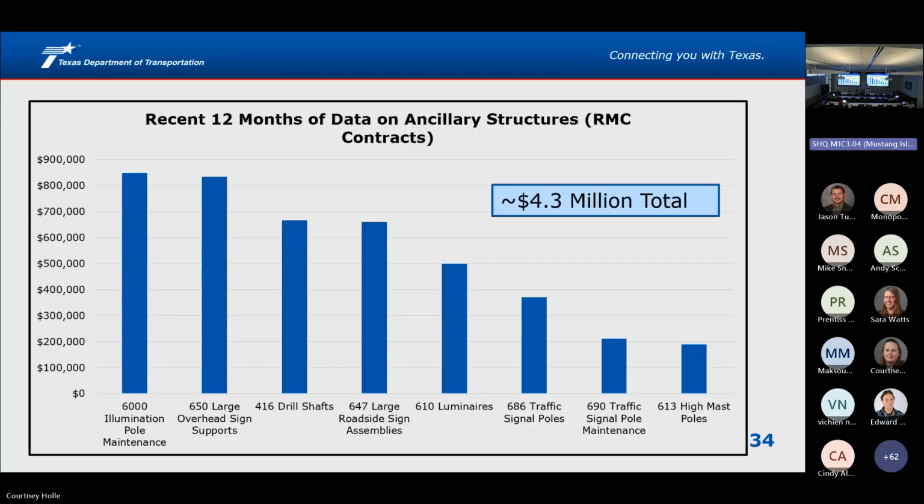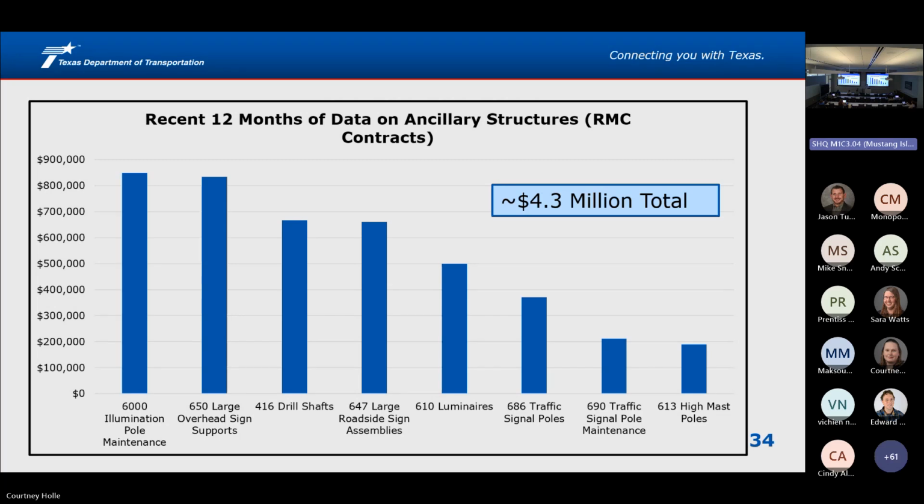This may not be tremendously exciting, but what I try to do is go back over the last 12 months of rolling data, looking at bid item usage in our internal system Site Manager. And so I really focused in on items I think that are related to this group in TASIG for structural elements. You can see here in the last 12 months, and this is, to be clear, specifically related to routine maintenance contracts. This is not construction projects. If this were construction project data, these numbers would be substantially higher. So really just kind of looking at, from a maintenance perspective on routine maintenance contracts, what kind of work we've been doing in this realm.